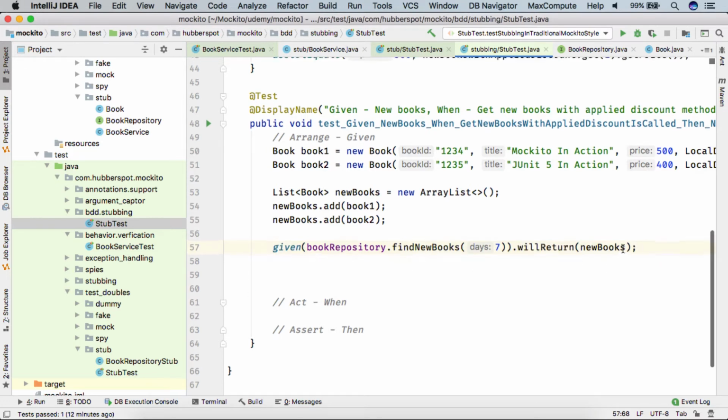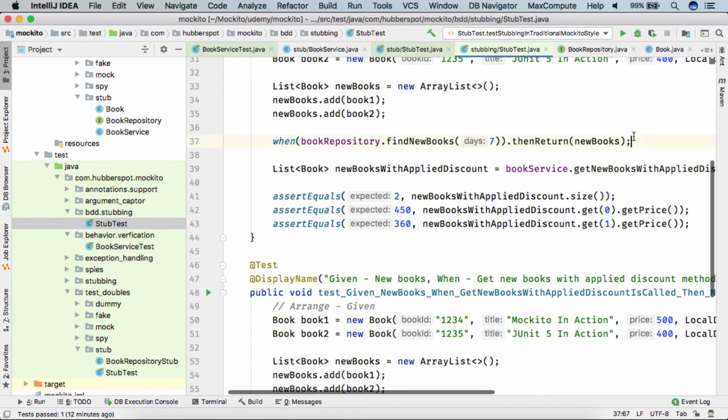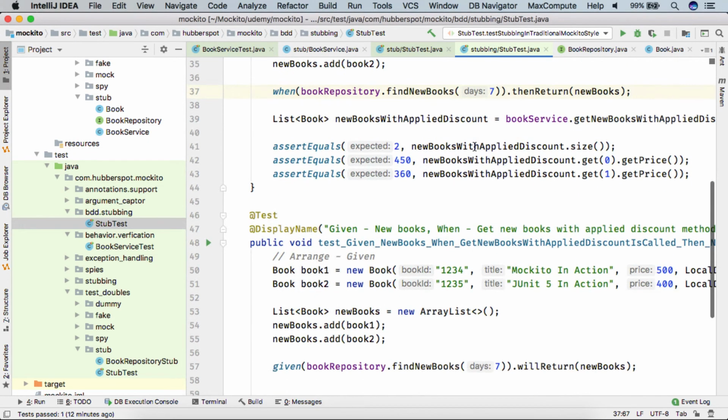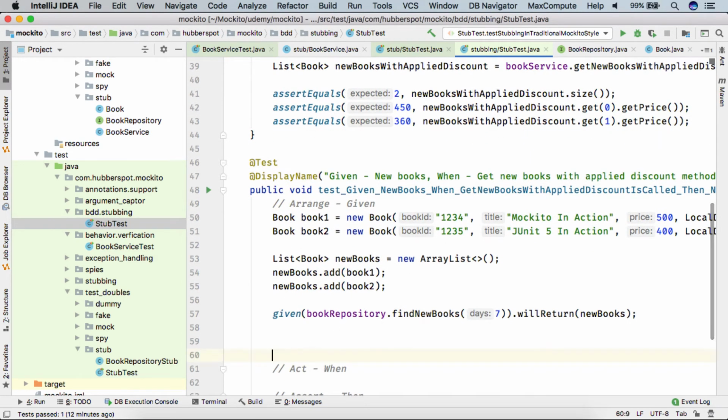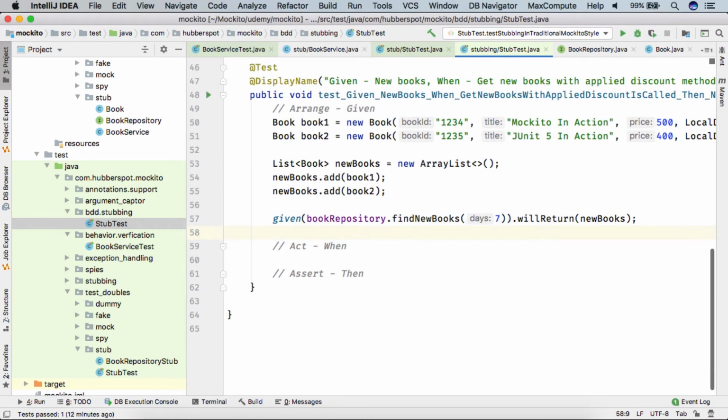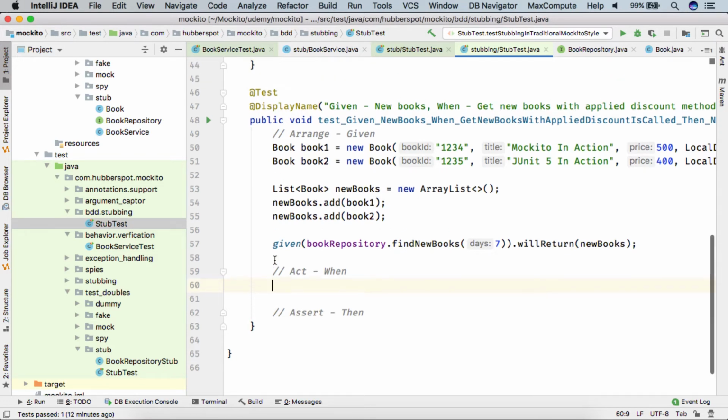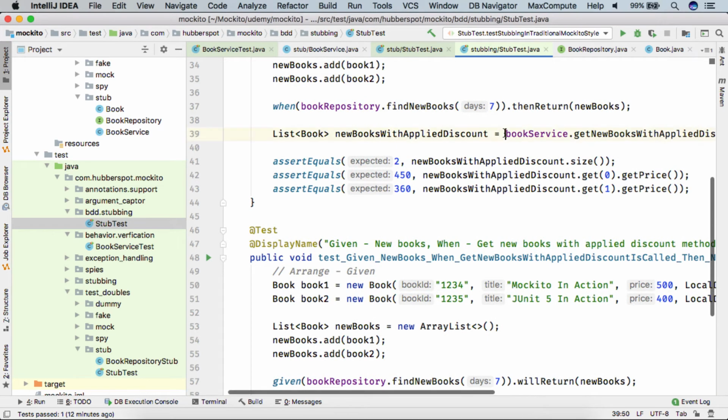After this step, we know that no more stubbing or initialization needs to be done, so we move to our act phase. In the act phase, the action which we perform is to call the actual method.